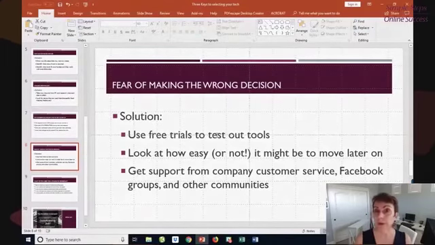Get support from that company's customer service. Just contact them, whether it's by phone, by email. The best ones have an online chat that you can actually ask your questions and see what kind of response, how quickly they respond, how detailed they are, how helpful they are. And that's going to give you a good sense of, if you go all in with this company, what kind of ongoing support you're going to get.